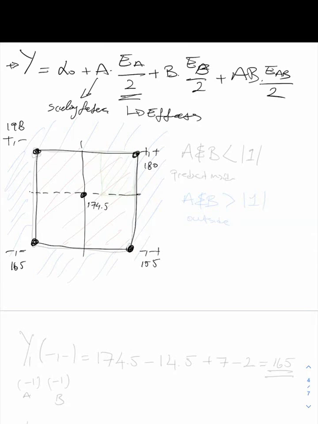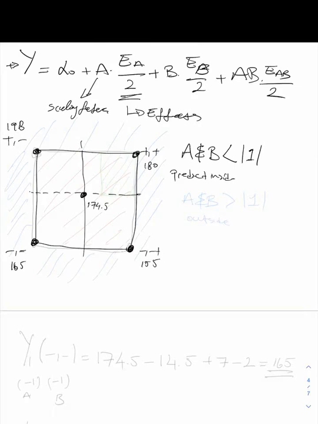So basically, if the absolute values of your A and B are smaller than 1, I put it absolute because it could be plus minus 1,